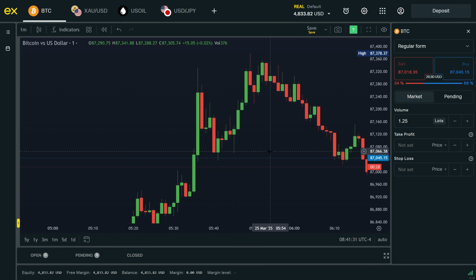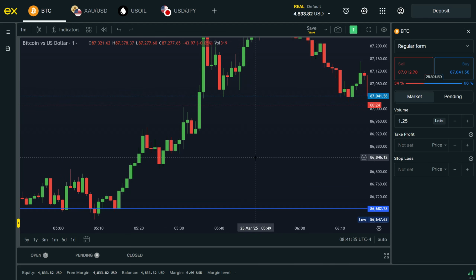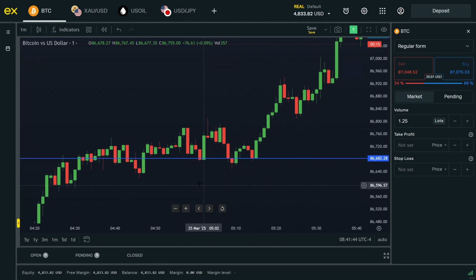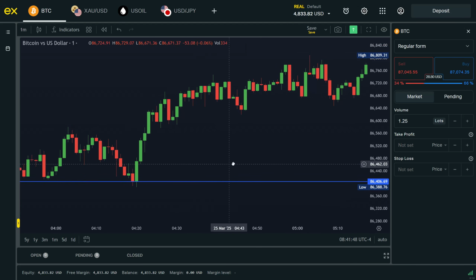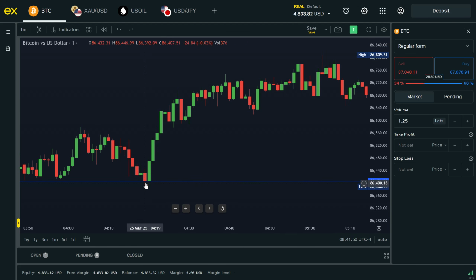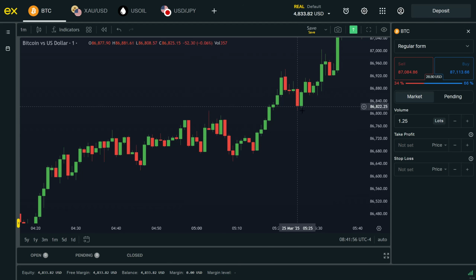opportunity to capture profits. By learning how to read candlestick patterns properly and combining them with indicators like RSI, MACD, and Stochastic RSI, you can filter out false signals and make more confident and profitable trades. These indicators help confirm whether the trend is truly reversing or if the signal needs further validation. So, master these simple yet effective techniques, and you'll be well on your way to making smarter trading decisions with